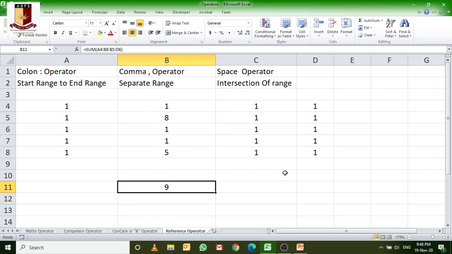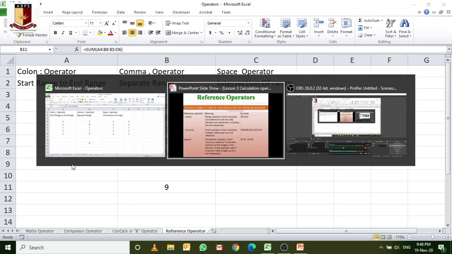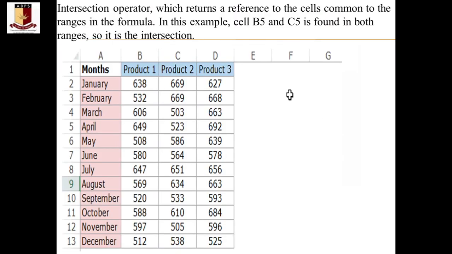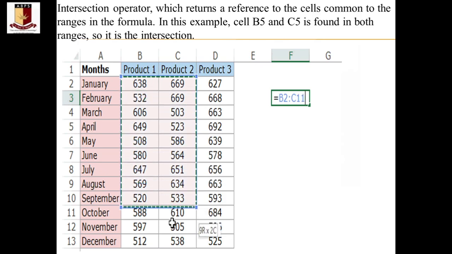However, that intersection or space operator is used by very few people, but the comma and the colon are the most popular ones. So move back to our presentation. So these are those operators. However, some other operators are also available in this intersection one, but that is not part of this syllabus. We'll teach in the senior classes. Move to the next. So this is also one example. You can easily check that intersection one, that I just showed you. So that one only, just like these, the product values, the intersection values you can take. So you can do that.